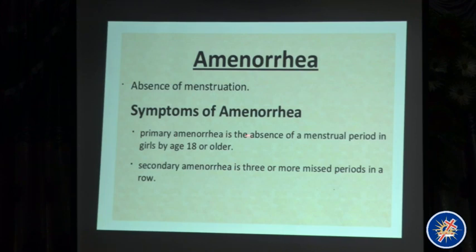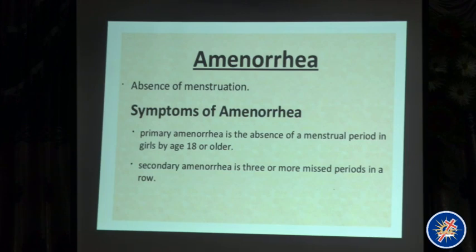One is called primary amenorrhea. Primary amenorrhea is absence of menstrual period when a girl has reached 18 years and has never menstruated. There could be reasons for that. One, deformity in the reproductive system, the one I showed you from the first slide. Either the uterus is missing or there is a blockage somewhere between the uterus and the outside. There is no connection, because we have cases like that where